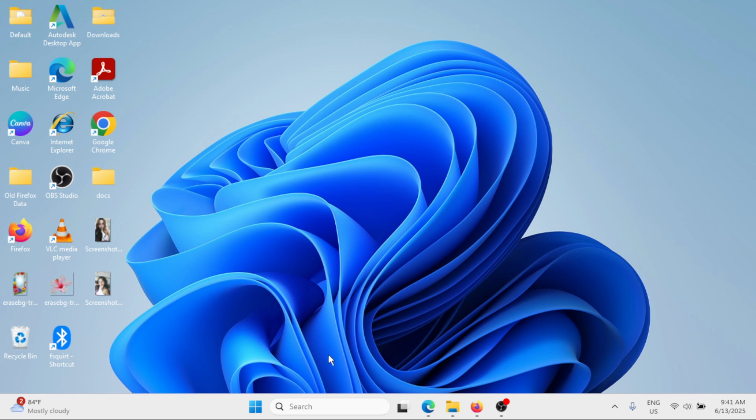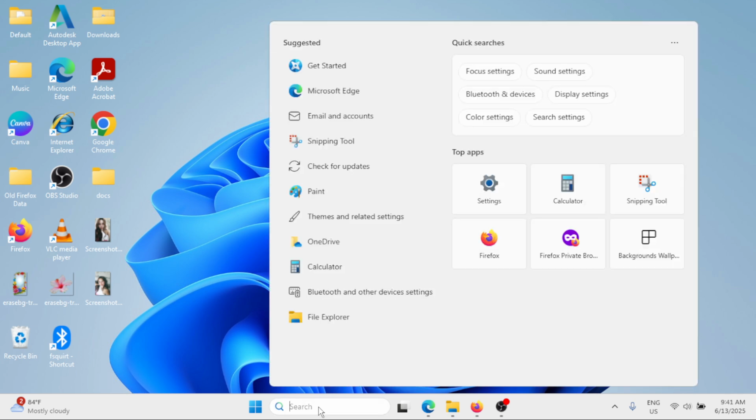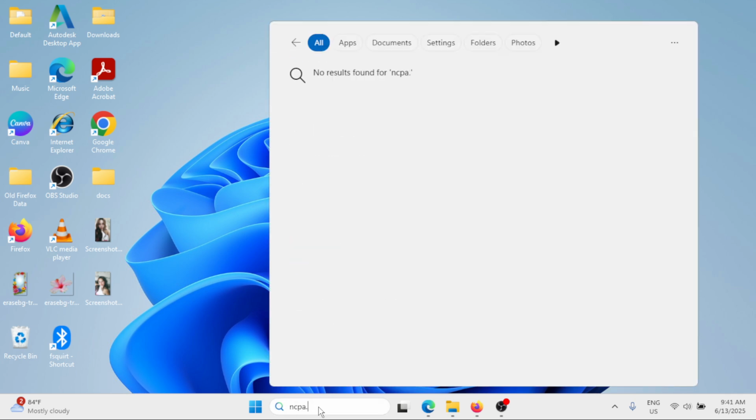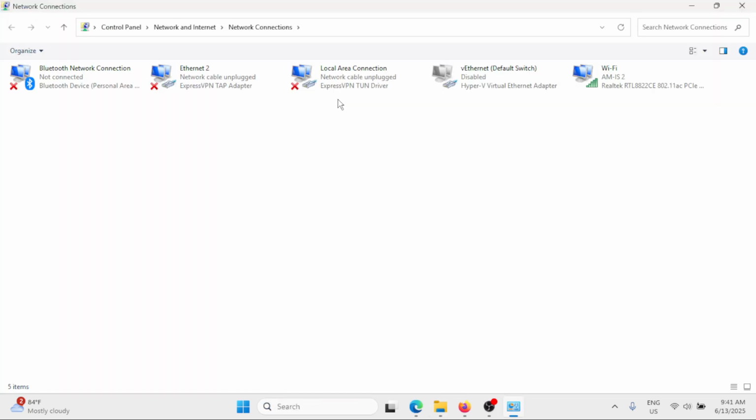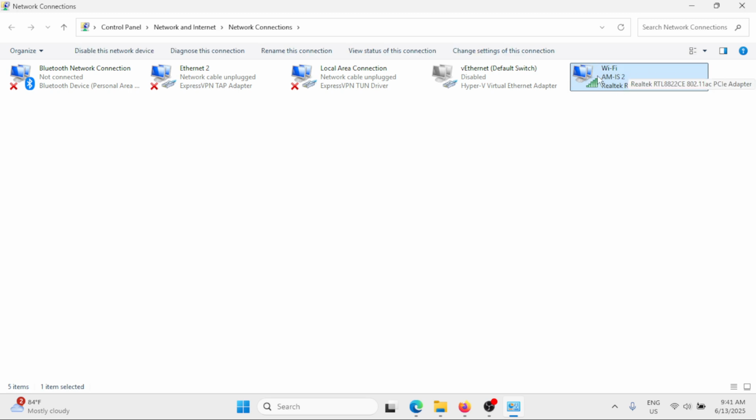Next method, go to the Windows search bar and type ncpa.cpl. Click on the ncpa.cpl control panel item. Locate your network adapter. This is your network adapter, the one in the green bars, because that means it is enabled. What you need to do is right click and then select disable. Disable it for some time,